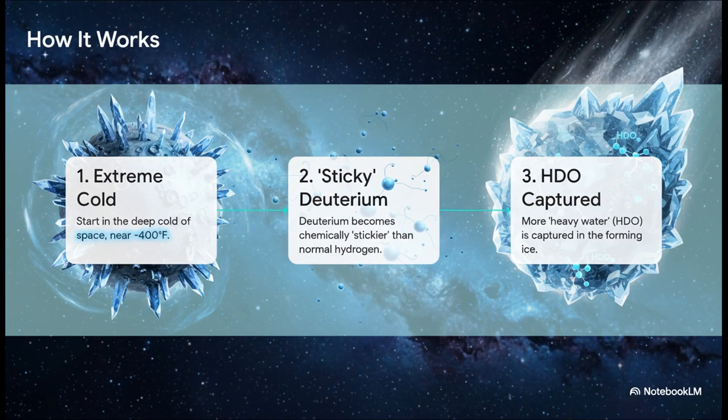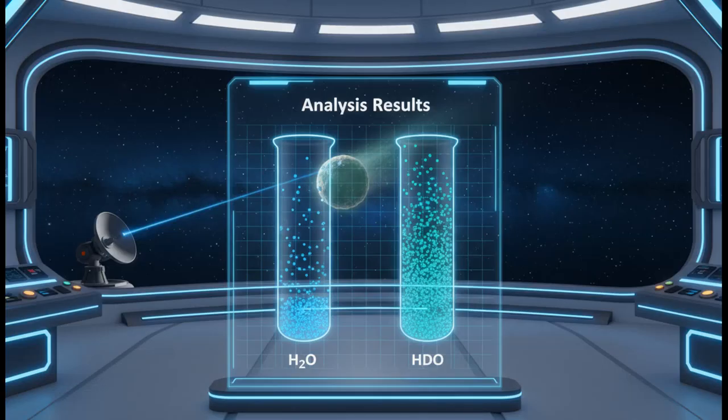Okay, so here's how it works. It really breaks down into 3 simple steps. First, you start in that extreme, bone-chilling cold. Second, at those low temperatures, deuterium becomes chemically stickier than normal hydrogen. And so third, because it's stickier, more of it gets grabbed and captured into the ice as it forms, which means you end up with more HDO. Simple as that? So the big question, when scientists finally pointed their telescopes at Comet 3I/Atlas and analyzed its water,